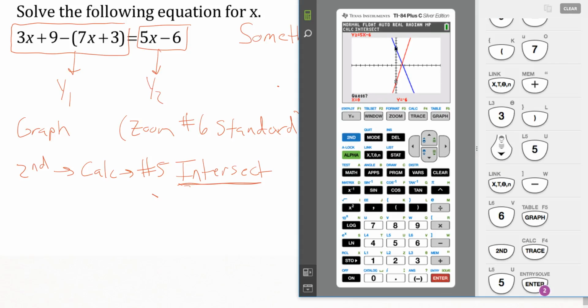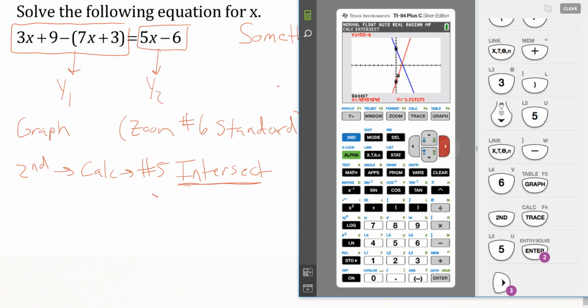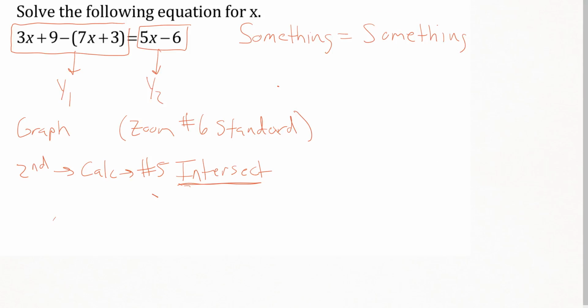And then the last thing is it wants us to guess. And so what we're going to do is we're just going to scroll our little cursor until we're closer to the intersect. And once we're close to the intersect, we just go ahead and hit enter again. And so then what we see out of here is that our x value is going to be our answer. So the x value in this situation is 1.333. So our answer here would be x equals